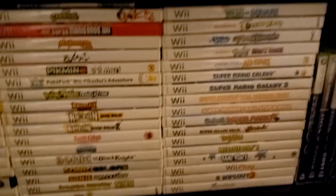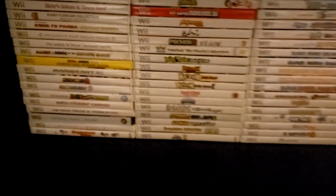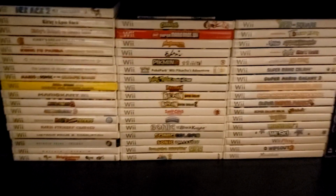Then we have my Wii collection. This one's actually pretty big. I do have a lot of Wii games. Lots of Wii games. Unfortunately, that comes with a lot of shovelware too. But there's a lot of great titles in here, most notably...